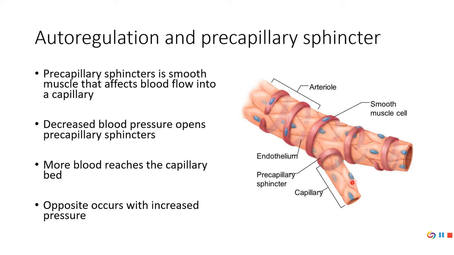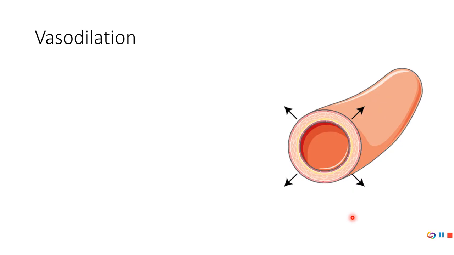Especially in the kidneys, the brain, and the heart, we need a specific amount of blood so they can complete their functions. Because if blood pressure is really high, blood's going to be moving so fast that gas exchange can't occur, and we don't want that. When it comes to arterioles, they can vasodilate or vasoconstrict. It might have been a little misleading to call this capillary blood flow, but the arterioles are ultimately what supply the capillaries with blood.